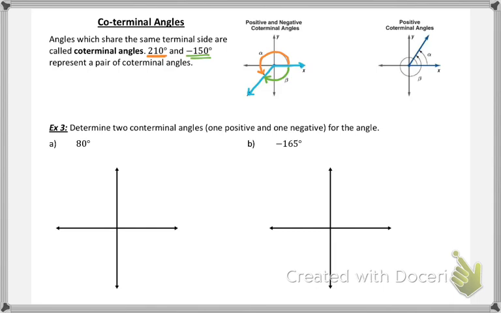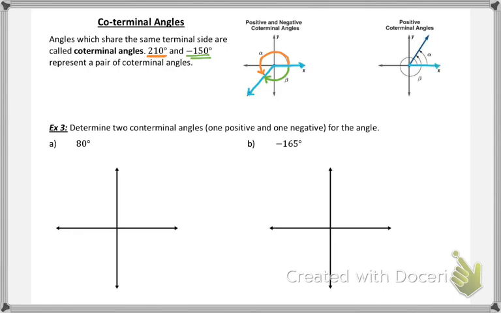Starting with the same initial side, if I go counterclockwise 210 degrees, that's the same angle that would be formed if I go clockwise negative 150 degrees. So one is a positive angle, one is a negative angle, but they share the same initial and terminal side. They're called coterminal angles. We could also have two positive angles that are coterminal or two negative angles that are coterminal. So for example, if we look at the second diagram, here's my initial side